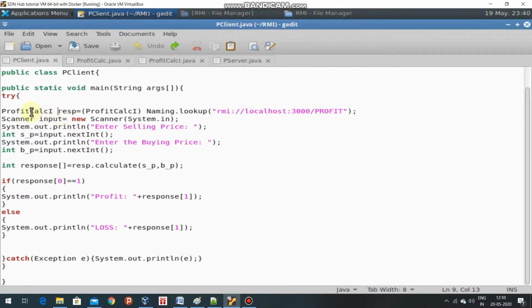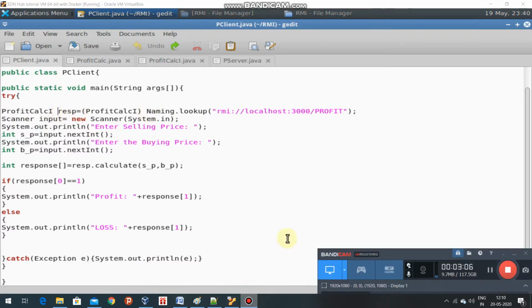So we have taken the RESP reference, and where should I look up? In the registry on the local host, which we have created, so we have to look up. What should we look up? The profit. I don't know the object's name, so I simply give the name profit, and it will return the reference of the remote object.